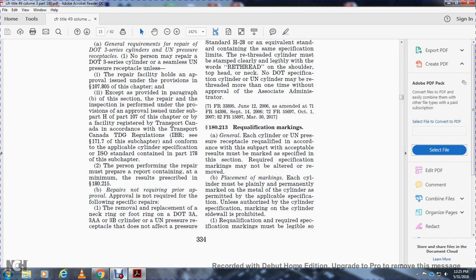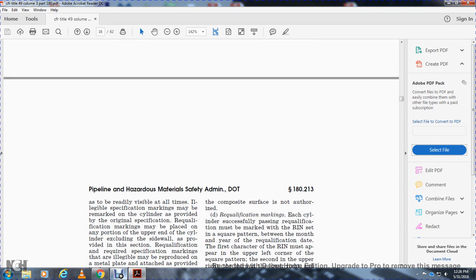182.13 requalification marks. Generally, each cylinder or UN pressure receptacle requalified according to the subpart with an acceptable result must be marked as specified in the section. The required specification mark must not be altered, removed or replaced. Each cylinder must be plainly and permanently marked on the metal of the cylinder with the applicable specification, with the cylinder specification marked on the cylinder sidewall. Prohibited: the requalification required specification markings must be legible so they are readily visible at all times. Legible specification marks may be marked for the cylinder provided with the original specification. Requalification marks may be placed within any portion of the upper end of the cylinder, but they may extend onto the sidewall provided